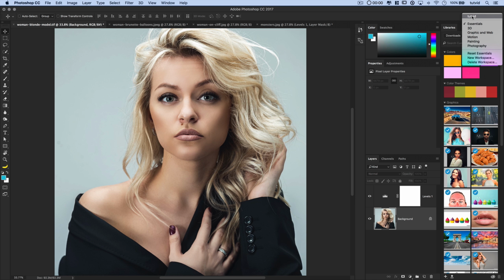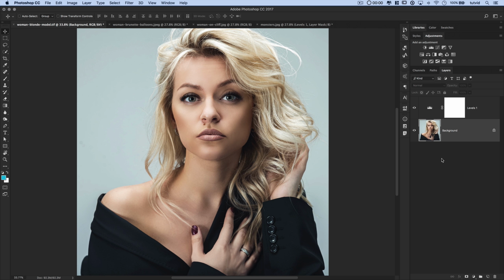Now, I have this TutVid version saved, which is my preferred way of working in Photoshop. And you'll see, there we go. This is the way I normally work in Photoshop. When I open it and use it, this is everything I normally use. And some panels that I use a lot, but not enough to keep open all the time, like the character panel, I can just click on the icon, pop it out, use it, close it up,